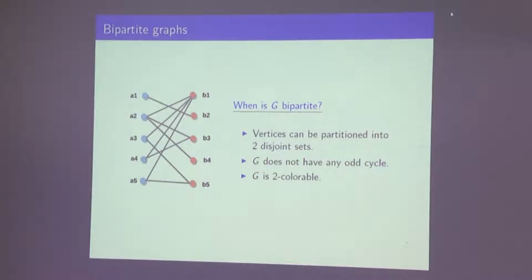And how do you detect whether there is an odd cycle or not? Again, you can use your simple BFS algorithm to find out whether there are odd cycles. But I'll leave this here. Given a graph in its adjacency list or adjacency matrix representation, you can run your simple BFS algorithm and make a small modification to answer the question whether G is bipartite or not. And if it is bipartite, also give me the two partitions: what are the vertices on one side, what are the vertices on the other side? This also can be fairly easily done.